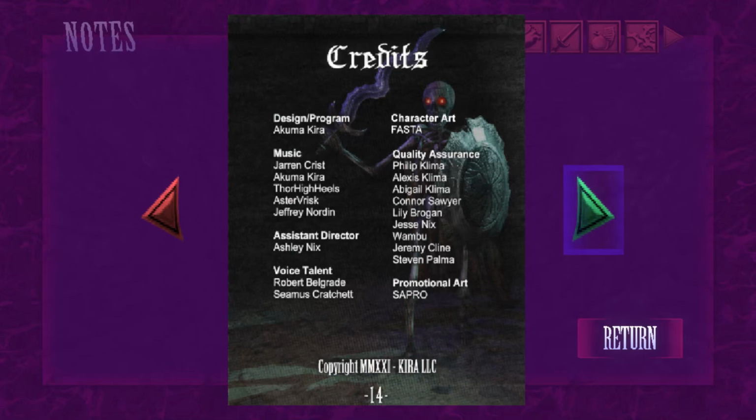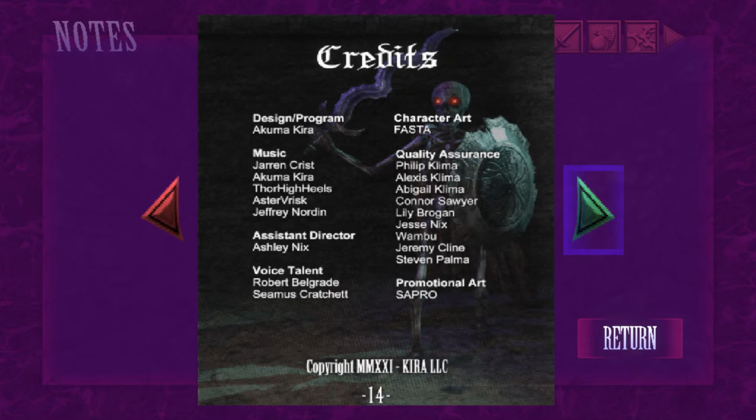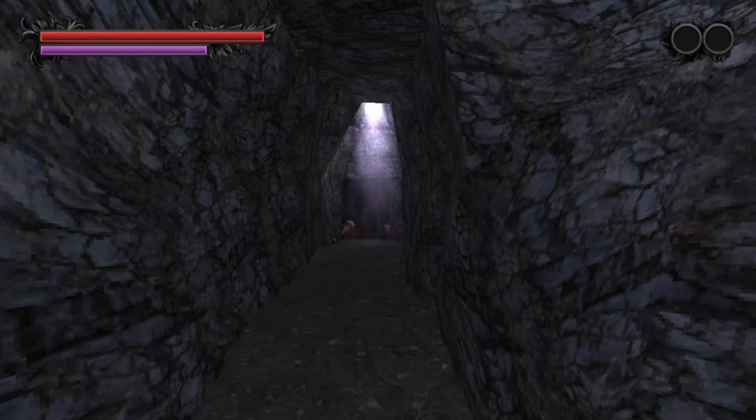Design program Akuma Kira. Okay, character art by Fasta. I mean, feel free to read these credits, which are much more readable than everything else in the manual. I guess they made sure that their names would be readable. Fair enough. Wow. Well, that's